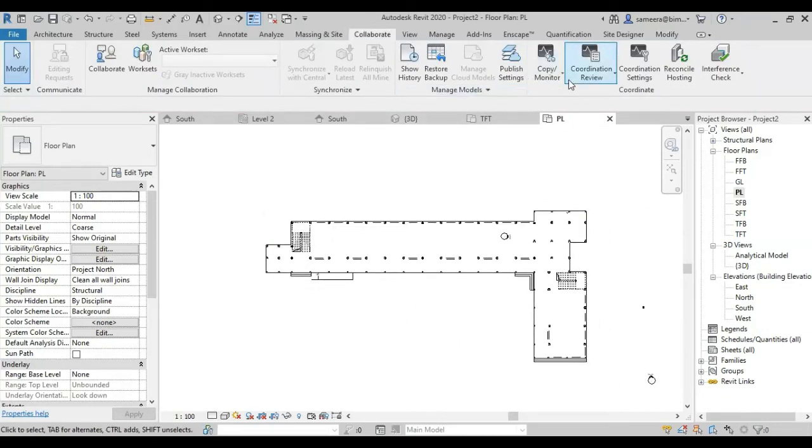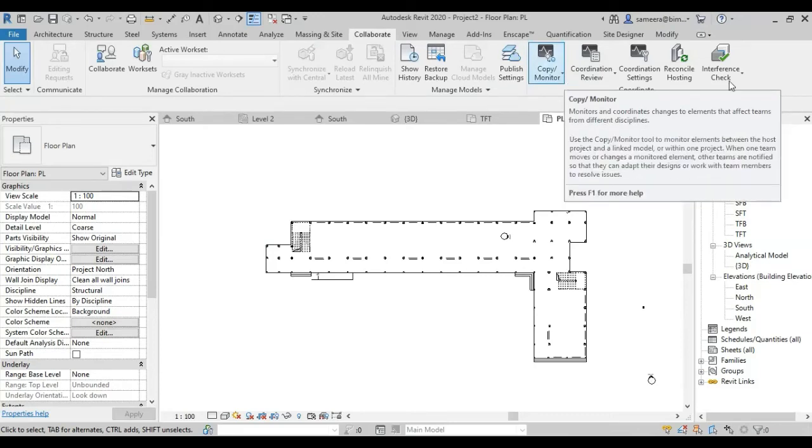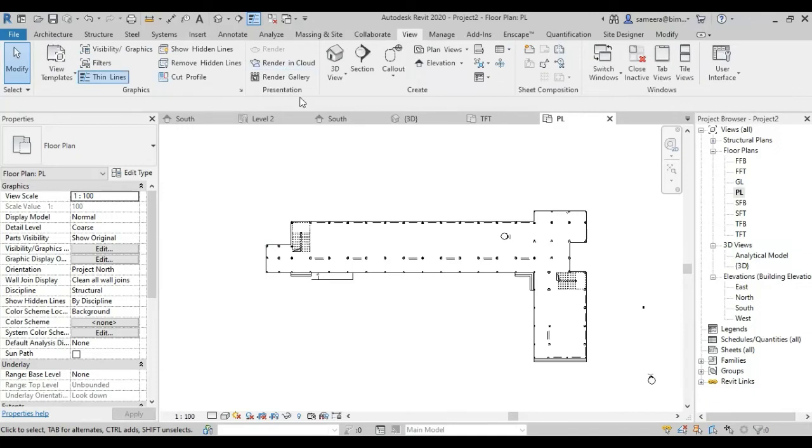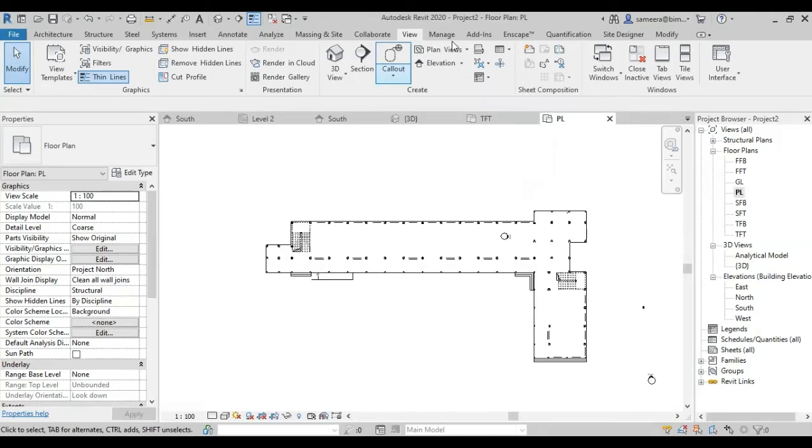So this is another portion where you can expect questions from the ACP exam: how to create sections and callouts. You should know how to create sectional views. Not only that, after making the sectional views, you have to go to the particular view and do the things that they are mentioning in the question in the corresponding section view. So before that, you need to know how to create a section, right? How to create callouts, how to create sheet views, how to make schedules, about drafting views. So everything you should know about legends.